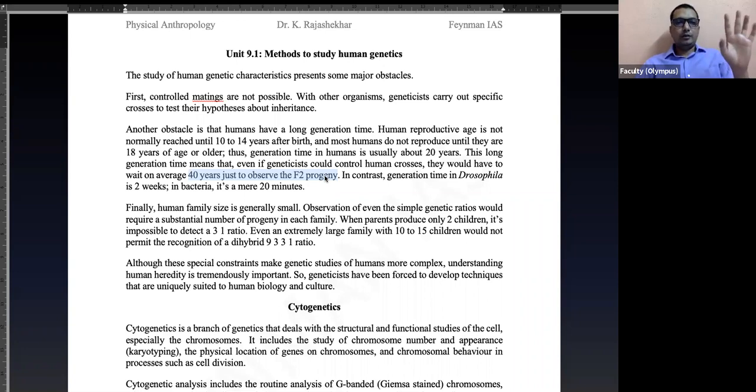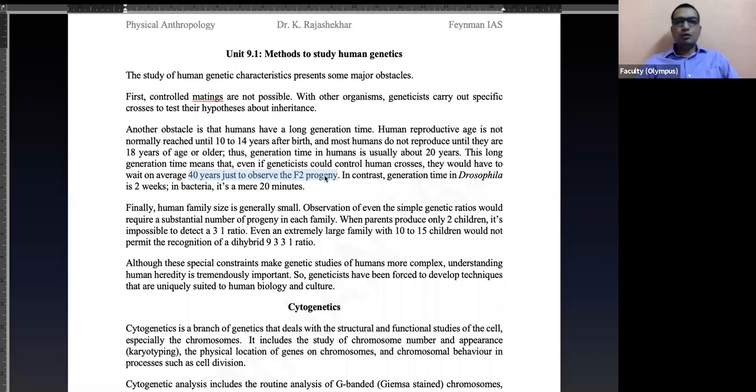And I'm not sure if you're aware about this or not. Most of the things today we know about humans don't come from human studies. They actually come from animal studies, plant studies, microorganism studies. We slowly build the information like that. We have done a few tests on humans just to confirm that what we learned in animals is true with humans as well. So most of the studies come from the model organisms.